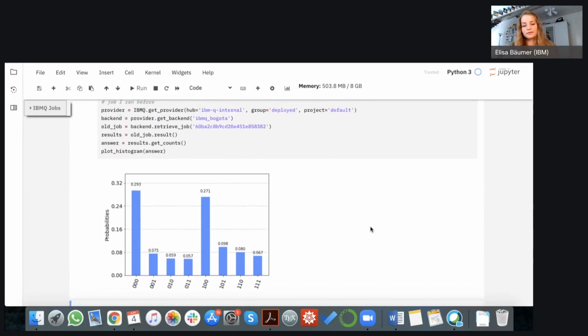There's actually also a library that you can use, Aqua. With Aqua you can solve, for example, satisfiability problems, which is what I mentioned when I introduced Grover's algorithm, where you have some conditions that need to be satisfied, and you're trying to find combinations of, for example, bit strings that satisfy all the different conditions.